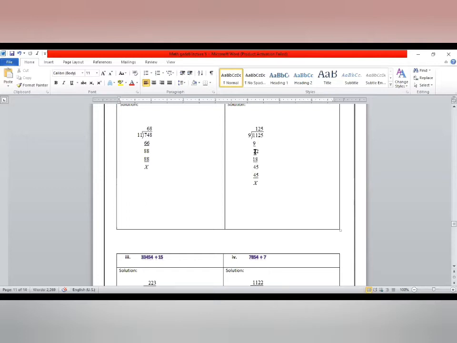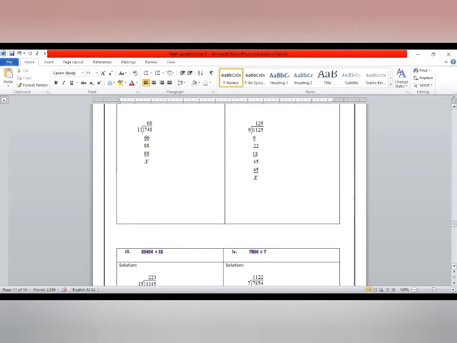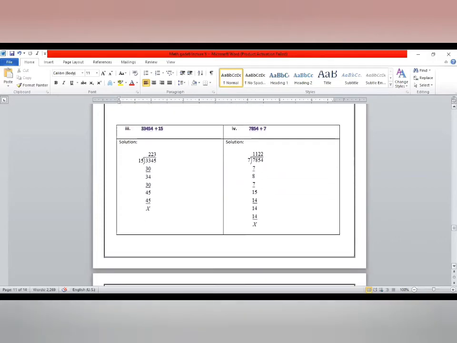Subtraction of the 18 from the 22, we will get the 4. Bring the 5 down, 45. And 45 table of the 9, 5 times. 9, 5 times, it will become 45. Remainder comes 0. Dear student, the answer is 125. Here in remainder the 0. These are very simple sums that we have done in a class 5 also. And here the part number 3, and it is the